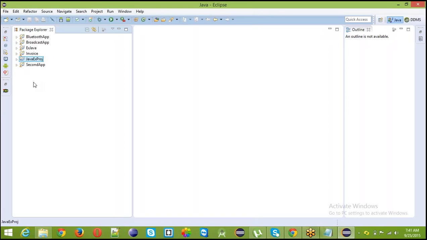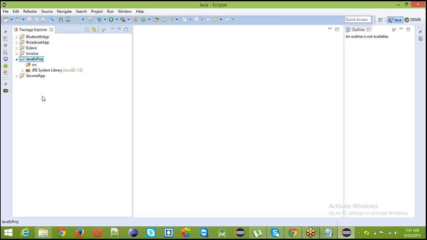A for Android. By seeing the symbols we can say which project this is. So this is a Java project. This is one simple technique to know which project it is.